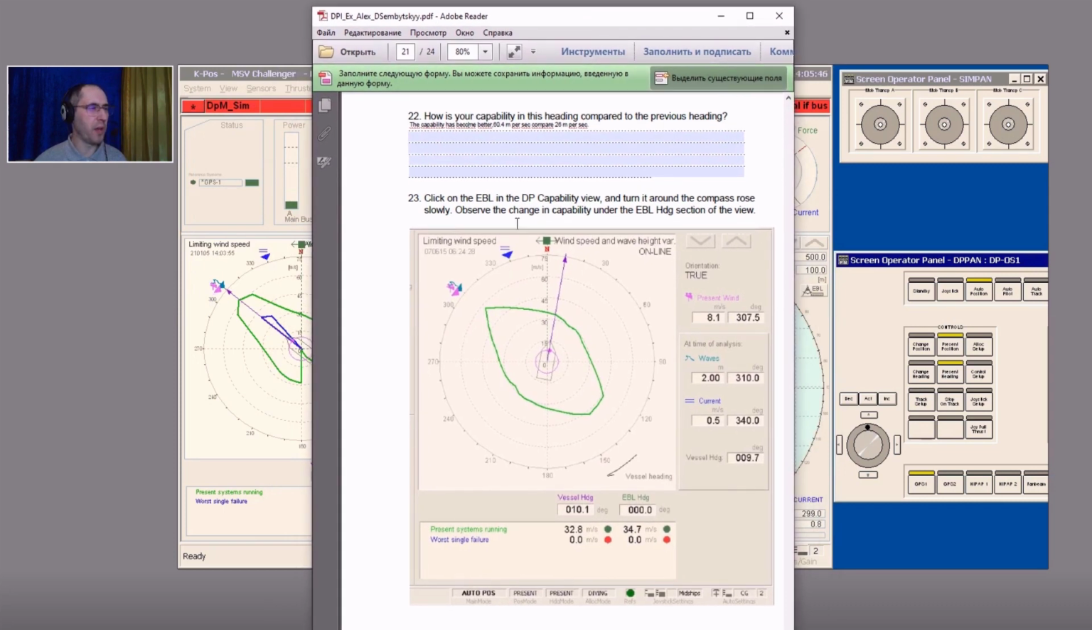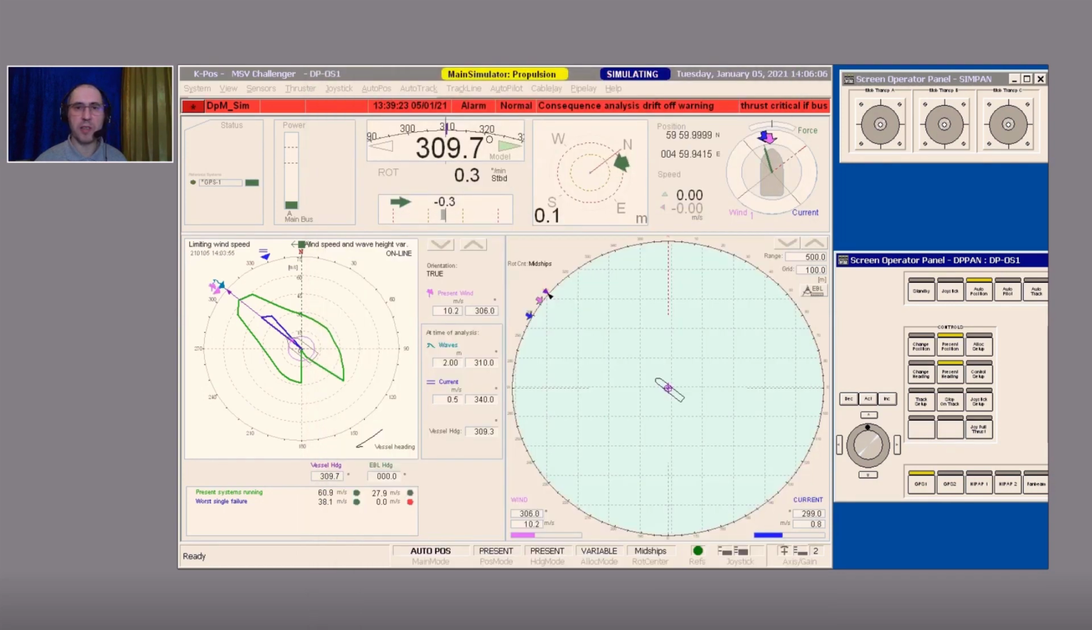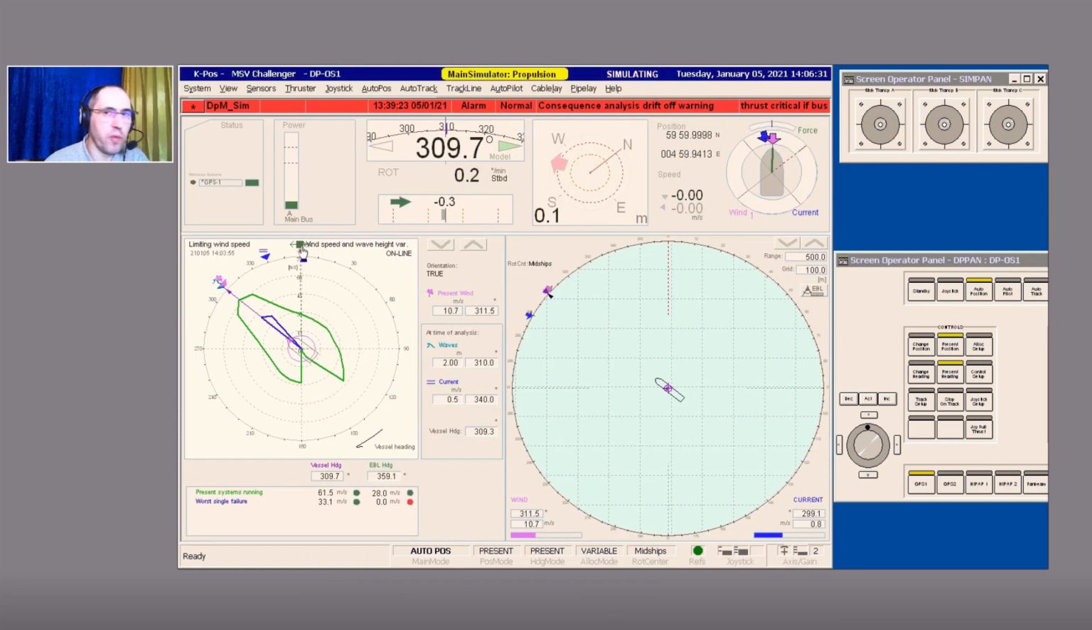Click on the EBL in the DP capability view and turn it around the compass rose slowly. Observe the changes in capability under the EBL heading section of the view. Let's do that. This is the last step of this exercise. So we are talking about this green EBL marker. When you try to move it with the left click of your mouse, then here in EBL heading column you